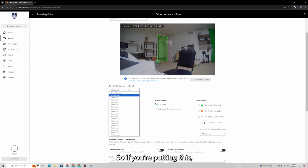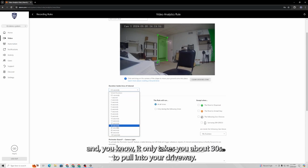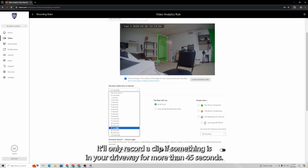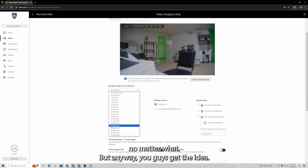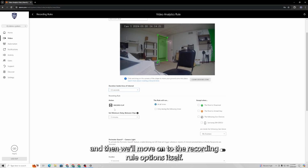So if you're putting this, let's say you got a driveway that you're covering and it only takes you about 30 seconds to pull into your driveway, you can set this for 45 seconds, and that way it'll only record a clip if something is in your driveway for more than 45 seconds. Now, that's probably not the best example. I feel like if it was my driveway, I would want something picked up no matter what. But anyway, you guys get the idea. So just select the duration that something needs to be in this area, and then we'll move on to the